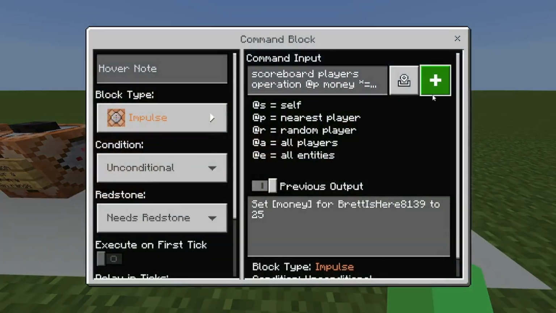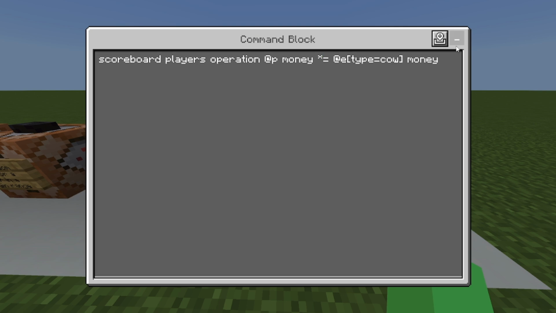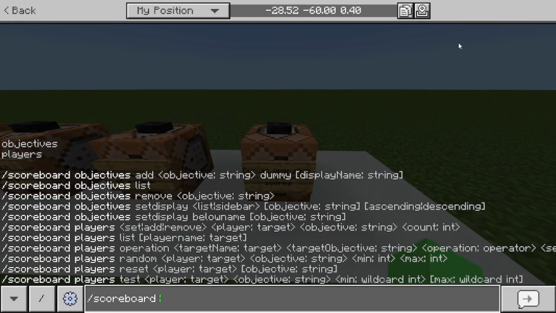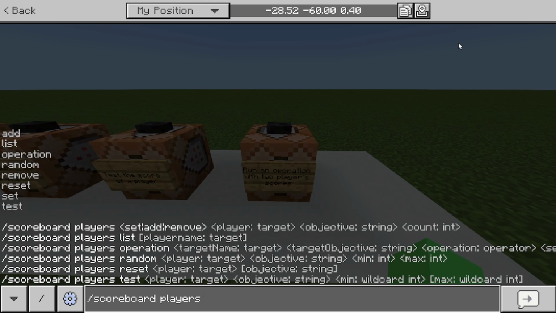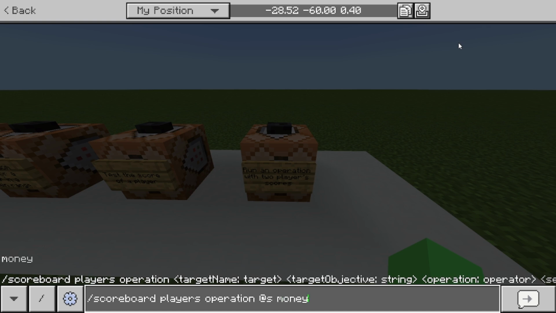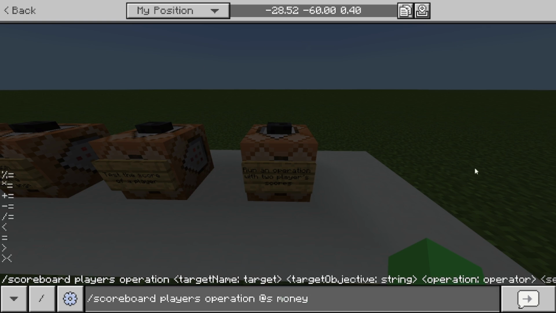And actually, another thing, you can also use plus and stuff like here. Let me show you the full syntax. So, operation s money. There's all these different ones. This first one is modulo, which is weird. Honestly, I'm not gonna explain all these, but look, basically times equals. You can also do plus and minus. So if you want to add and subtract different scores, you can do that.